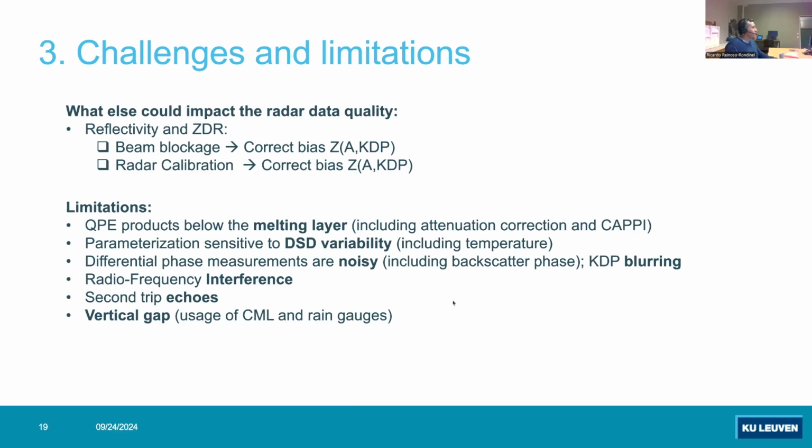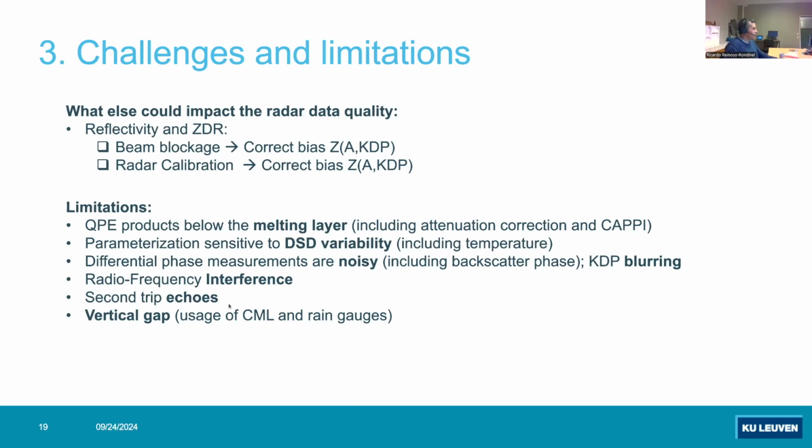So there's good news. Again, the variables like attenuation and specific differential phase help us to mitigate beam blockage problems and calibration problems that affect reflectivity. The limitation remains that everything is a good story before we reach the melting layer. The moment the radar beam reaches or crosses the melting layer, there are a lot of issues and